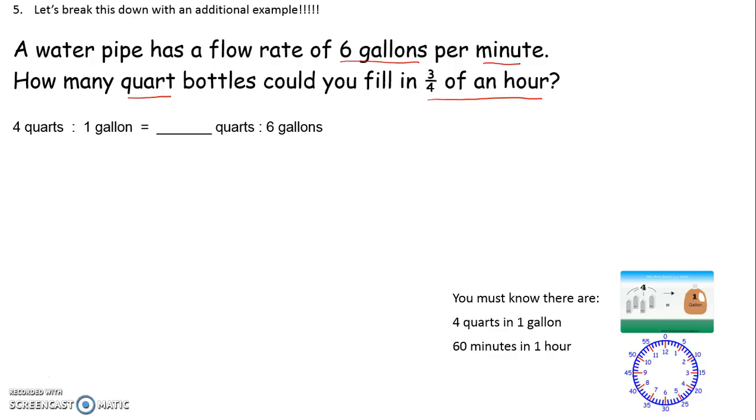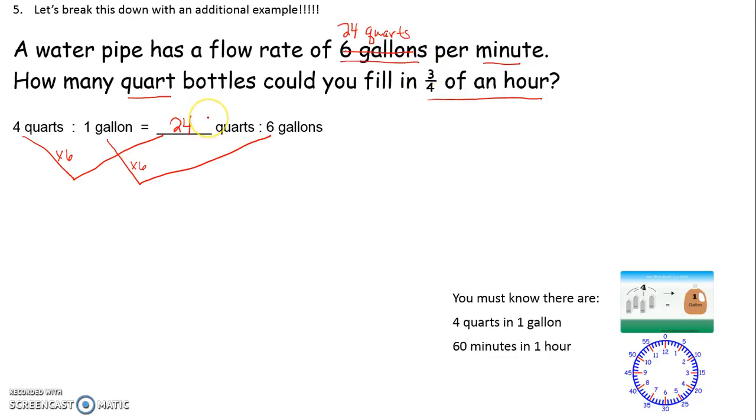You could do the upside down caret method if you'd like. If you know there are 4 quarts in 1 gallon, how many quarts in 6 gallons? And you look here and you say, okay, how do I get from 1 gallon to 6 gallons? 1 times 6 is 6. Oh, so I must multiply 4 times 6. 4 times 6 is 24. So if there's 4 quarts in 1 gallon, there must be 24 quarts in 6 gallons. So instead of 6 gallons per minute, we need to talk about 24 quarts